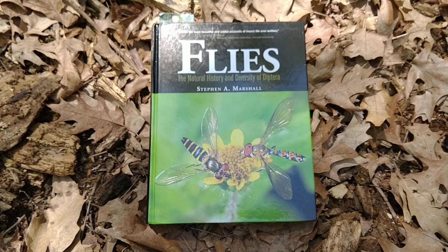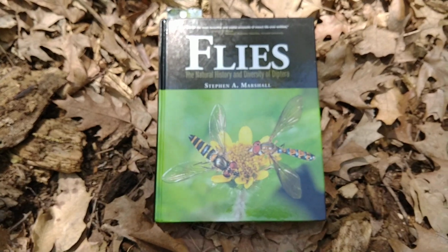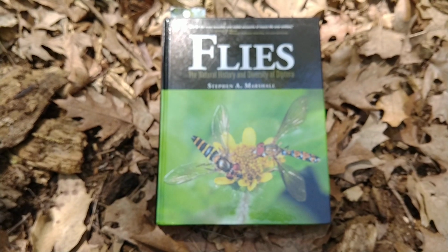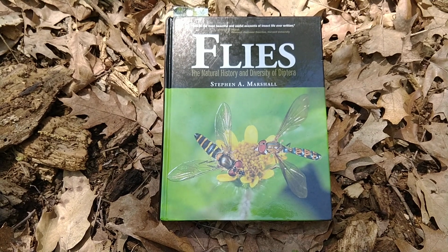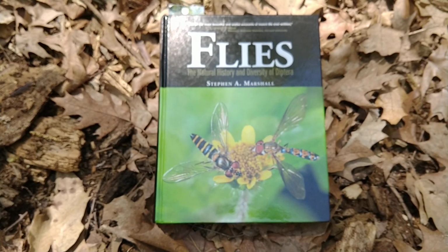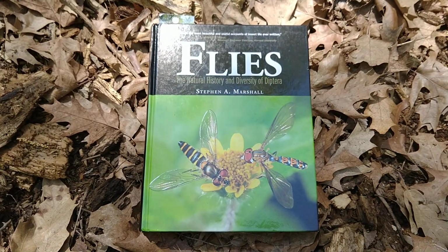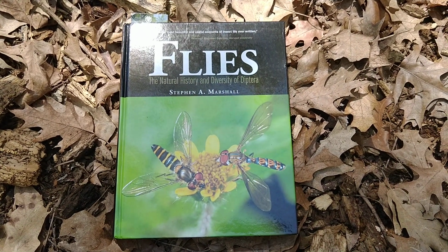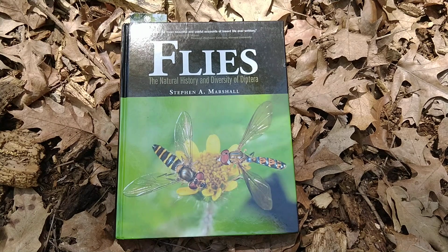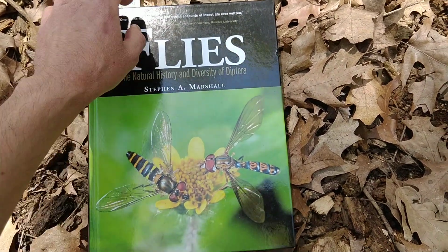In fact, as I'm talking about flies, can any of you picture a single fly besides the housefly? Maybe a horsefly? Okay, maybe. Maybe a mosquito? They're flies. Maybe a crane fly? Well, there's many, many more besides that. And the number of good things that flies do for us far, far outweigh the number of bad things. For example,